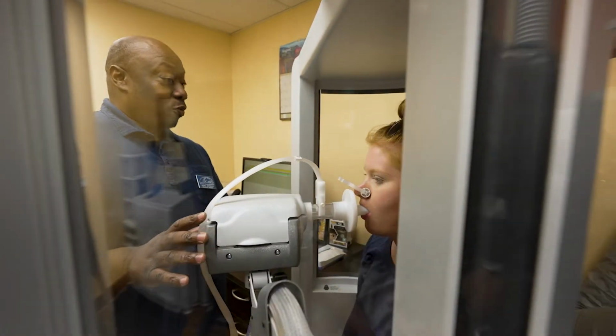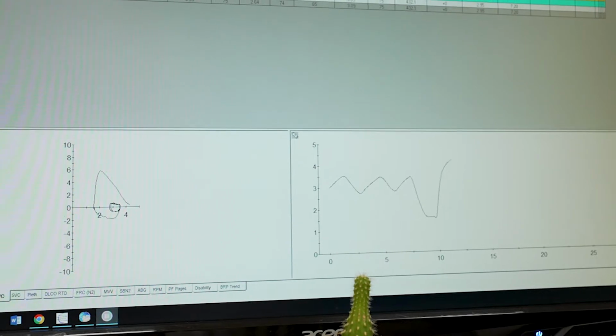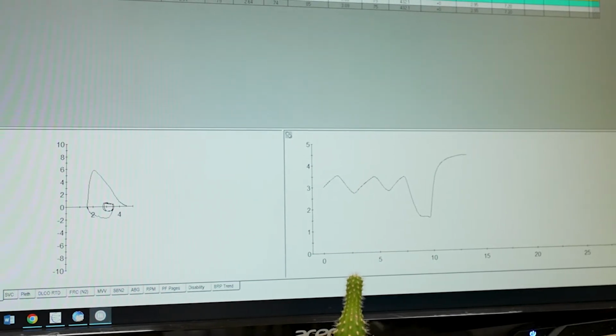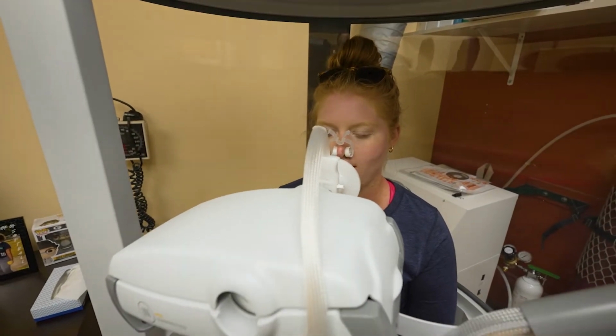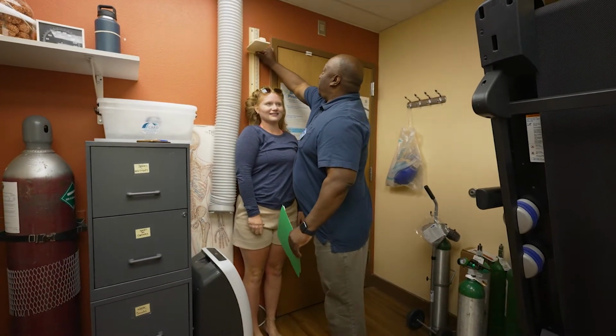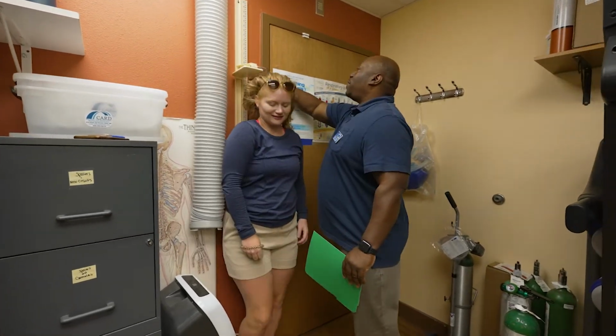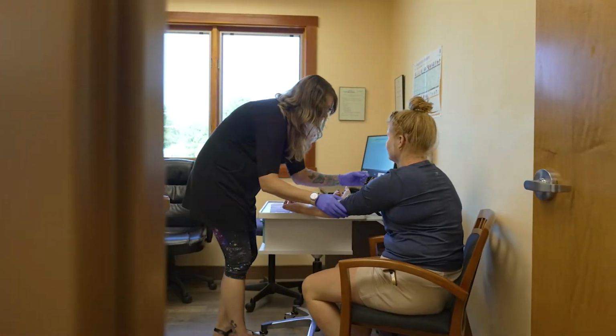After that, you go to a spirometry visit with one of our respiratory therapists. The spirometry is a very basic test that measures how well you breathe in and how well you breathe out. After that, if you qualify based on age, you'll be given a fecal occult blood test to take home and return to us. The next step is to have your blood drawn.